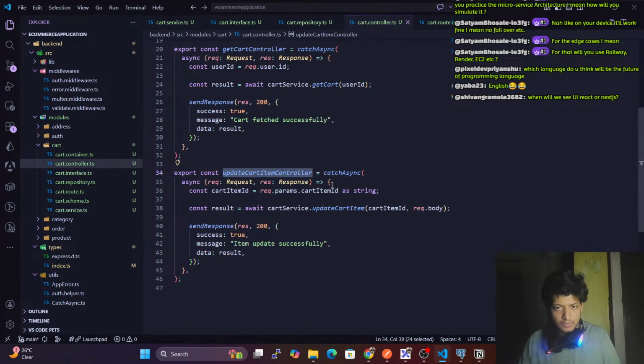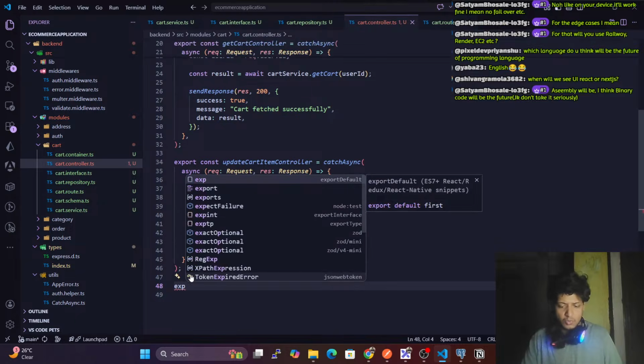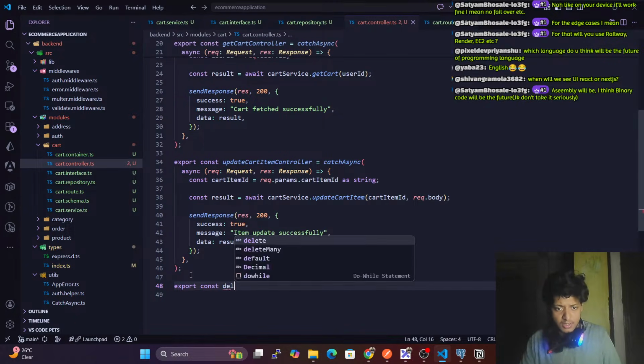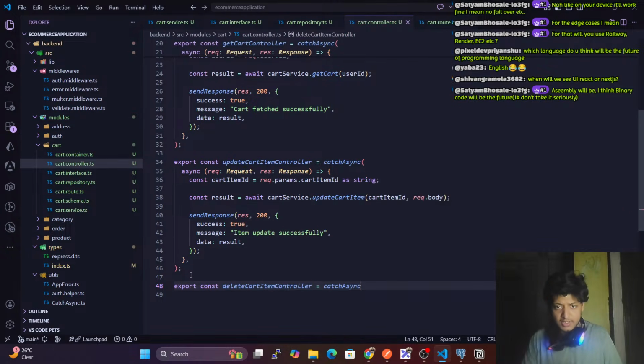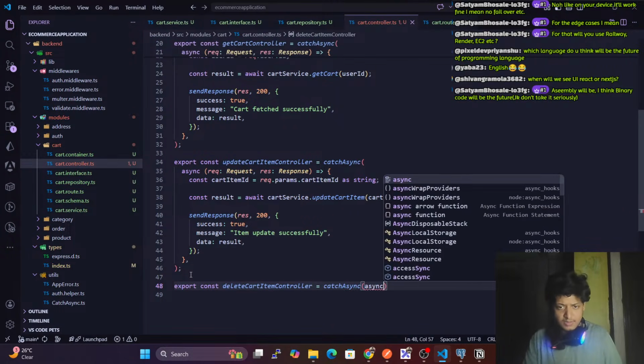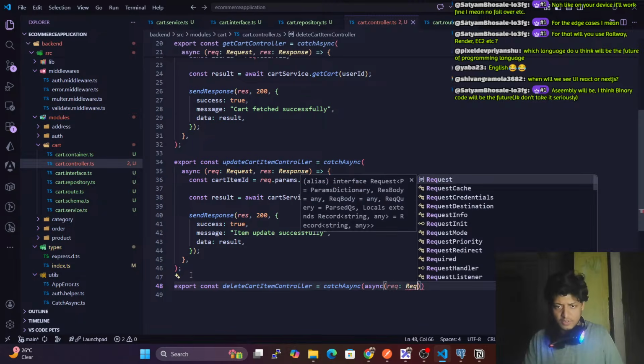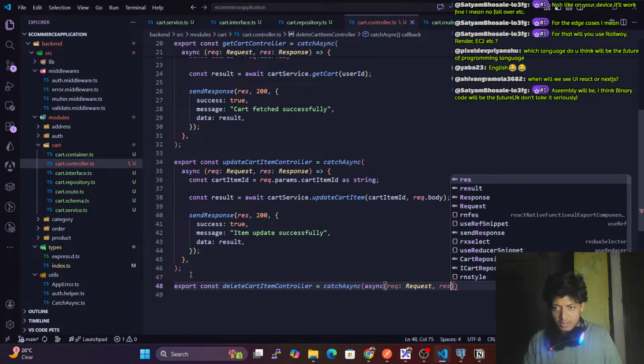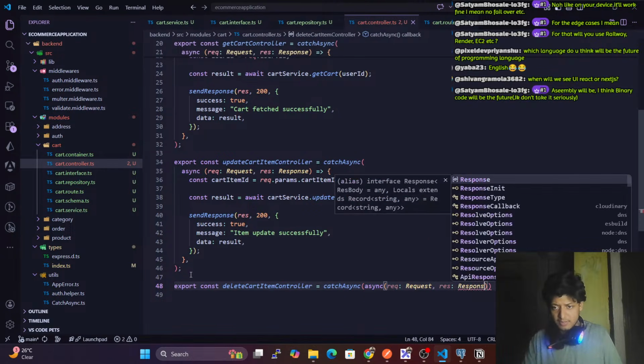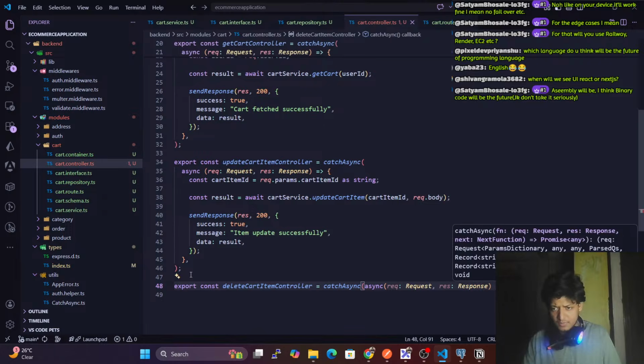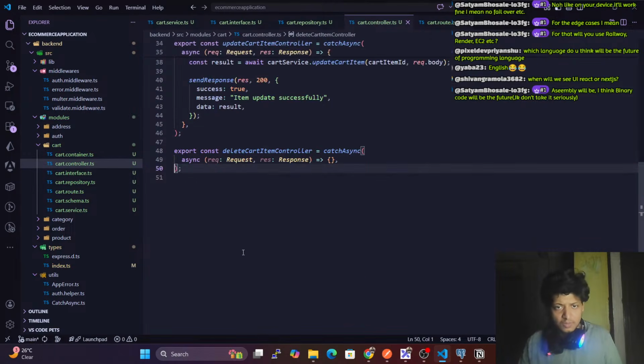After this we'll go here. export const deleteCartItemController = catchAsync, request of type Request, response of type Response. Okay, after this we have